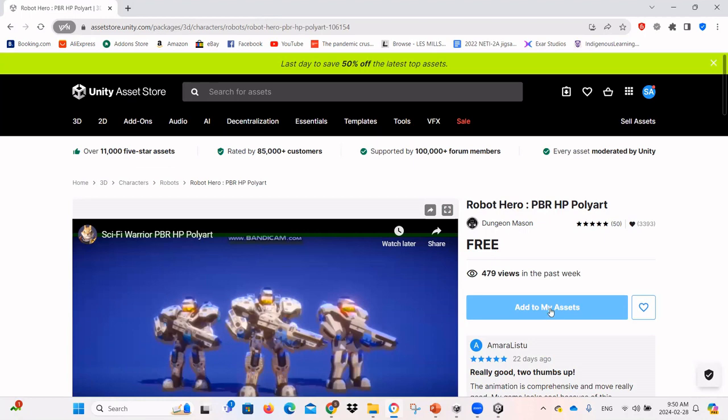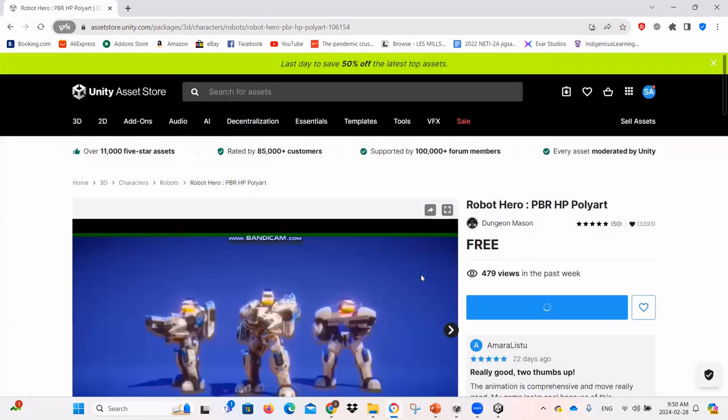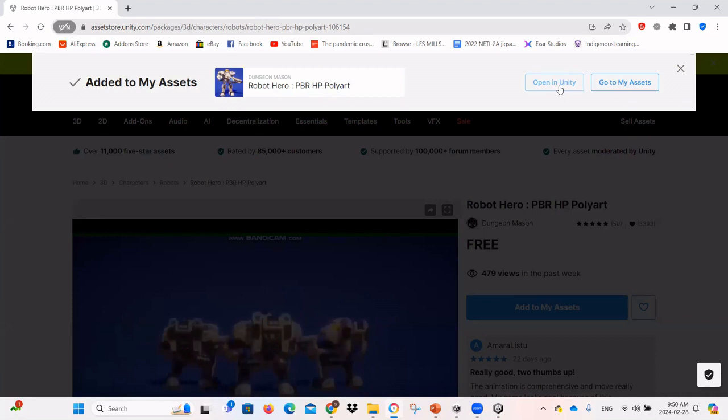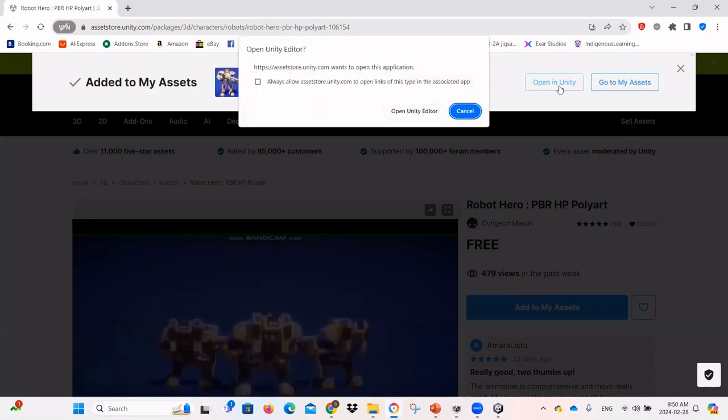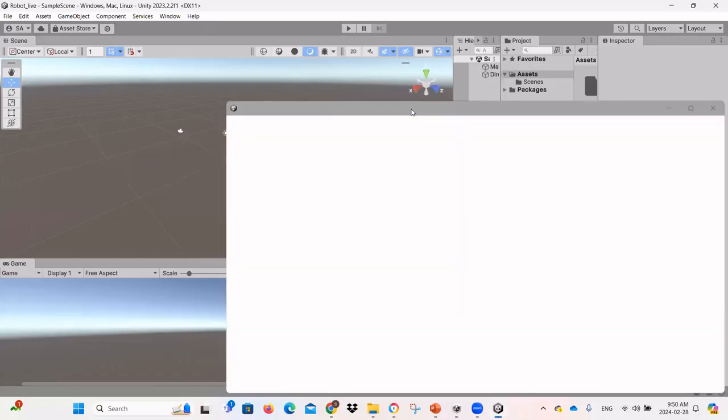If I click on the button and accept, I can go to my assets or I can open in Unity. Because I was already logged in, it knows who I am and adds the asset to my account. So if I open it in the Unity editor,